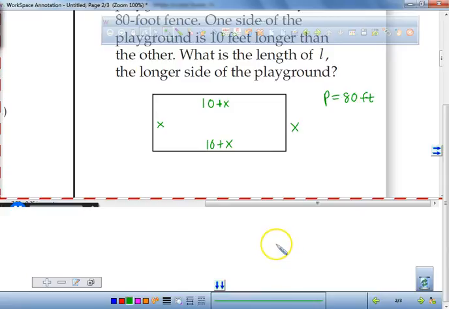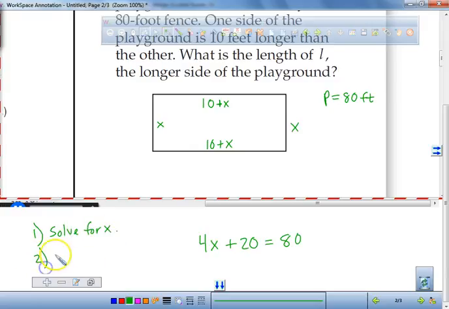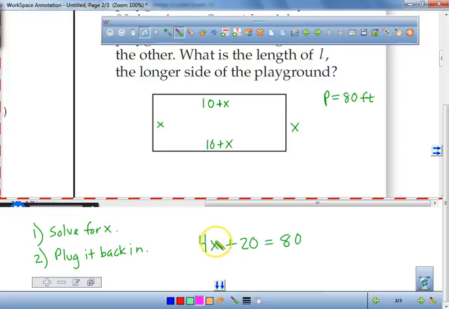So at this point, once again, what do you have to do? You're going to have to be able to solve for x. So how many x's do you guys see up here? 4. So put 4x plus 20, because 10 plus 10 is 20. And you're setting it equal to 80. So here's the two things you need to do. Don't tell me the answer. First thing you need to do, everybody, solve for x. Step number 2, you better plug it back in. So plug it back in, which means this. Once you figure out what this number is right here, take it, plug it in there,